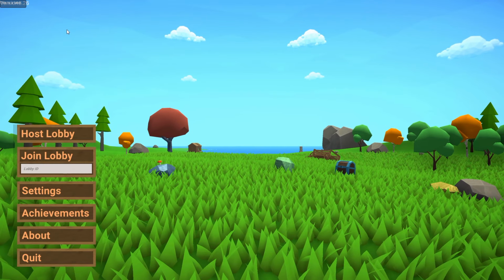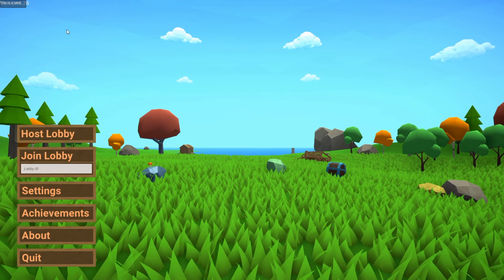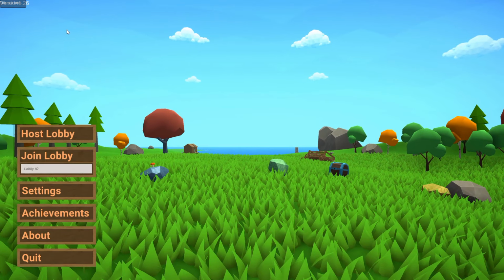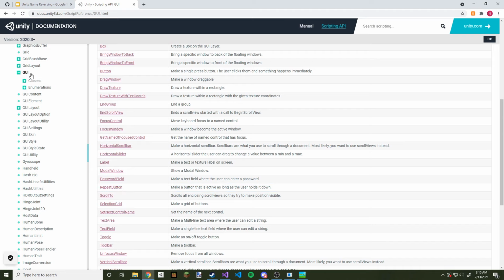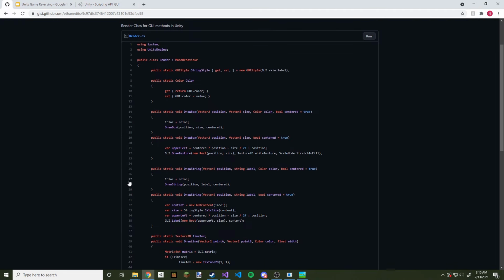Now we're going to move on to rendering boxes, outline boxes, lines, that sort of thing. So like the really basic rendering stuff that you would use in an ESP. So I actually have a render class that we're going to add here. So I'll put the GitHub gist in the description. But we're just going to take this code,